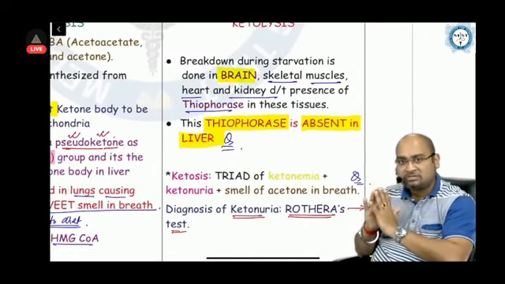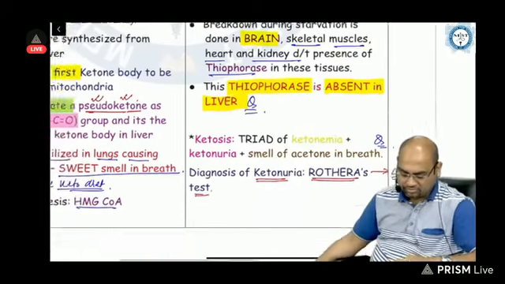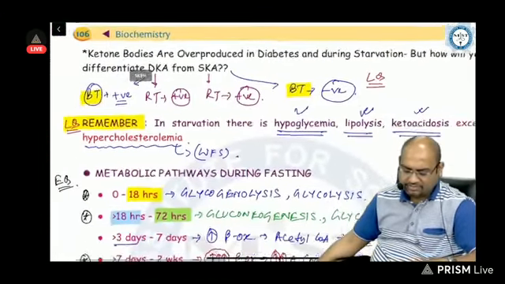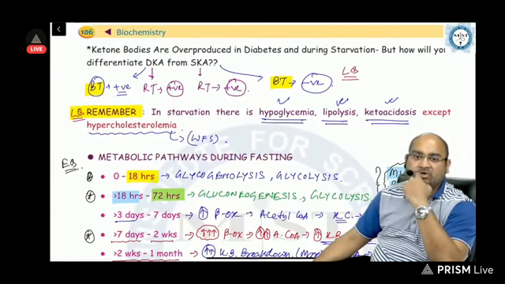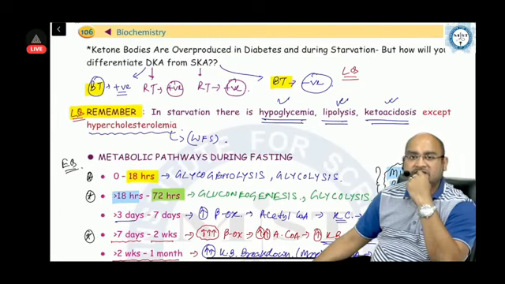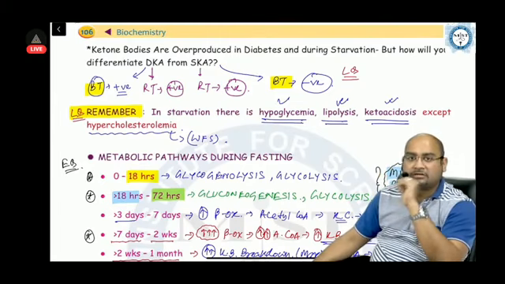Liver will produce the ketone bodies for the brain to be utilized in starvation. Important point to be noted, beta. We have studied the Benedict test in the urine can detect DKA from SKA. What is DKA? Diabetic ketoacidosis. SKA is starvation ketoacidosis. Rothera's test will be positive in both of them, but